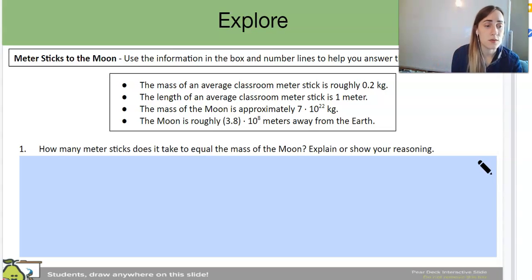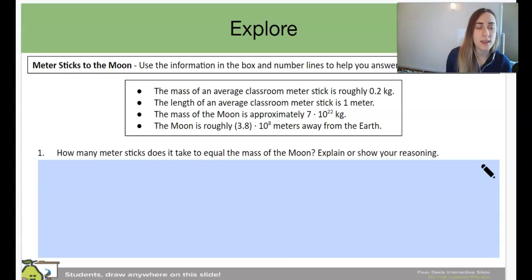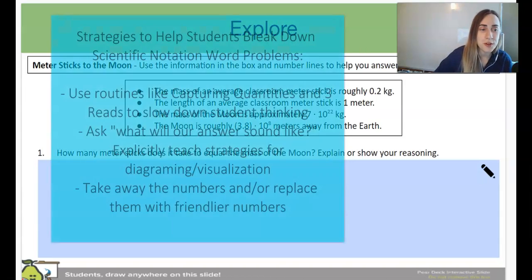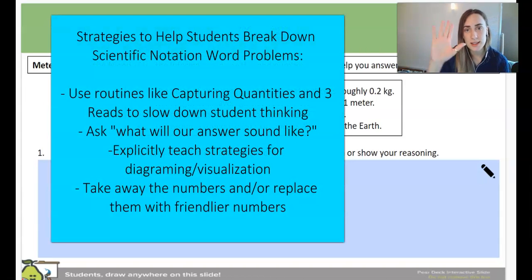How can we use visualization, reading carefully, and paying attention to units, so that when students problem solve, they problem solve logically? I hope that thinking through strategies to help students problem solve with word problems for scientific notation was helpful for you. I'm going to list some ideas on this slide if you want to pause,